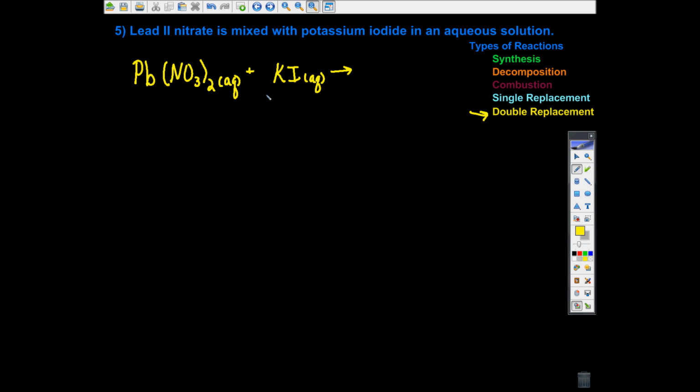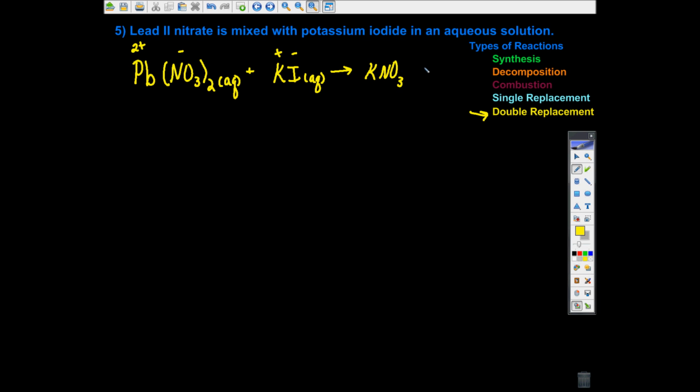So let's see what we could get. These two guys right here are going to split apart because they're ions. You put them in water, they split apart, they dissociate. And the potassium and the iodine are going to split apart. And then that leaves them free to get shuffled around and switch partners if they're attracted to the other partner. So in this case, the positive part of this one, which is the potassium, is going, and sometimes it's helpful to write those charges above them so that you just remember what they are. So this positive potassium is going to hopefully be attracted to this negative nitrate,